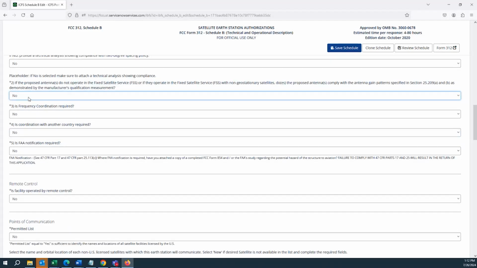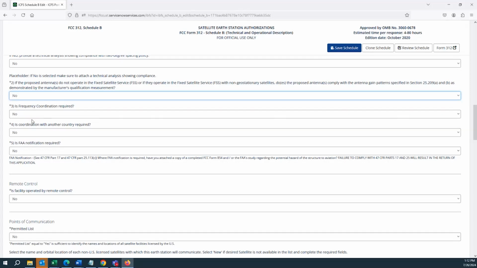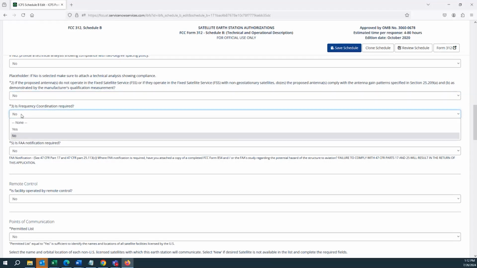And the second question is, if the proposed antennas do not operate in the fixed satellite service, or if they operate in the fixed satellite service with non-geostationary satellites, does the proposed antenna or antennas comply with the antenna gain pattern specified in that particular rule section? So if you answer either one, you're fine on that.